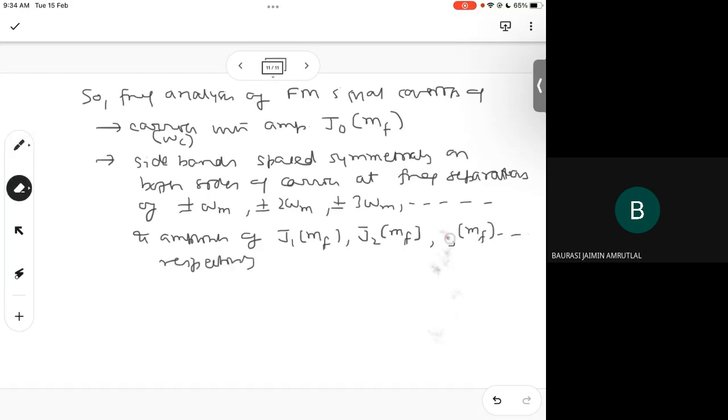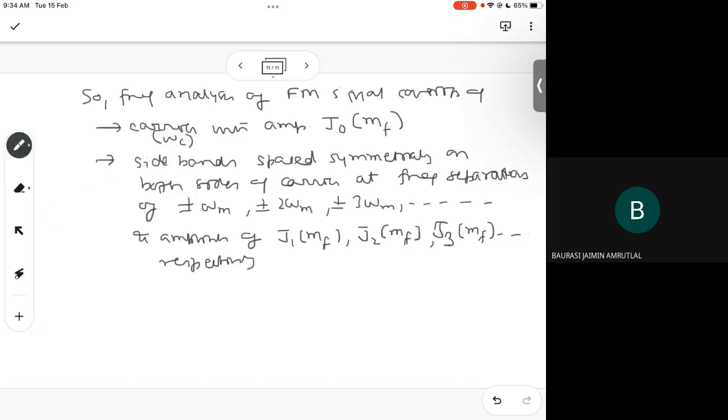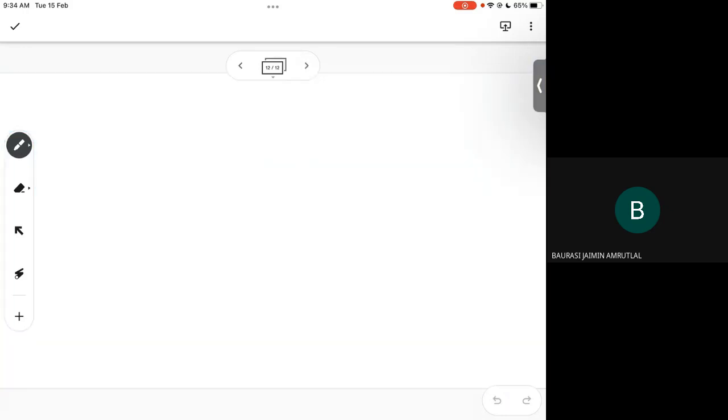So I write it clearly. Basically, just because of this form of sine of a sine, we have to go by the Bessel function, and this Bessel function gives me so many side frequencies and so on. Okay, so the table is something like this. There is no need to mug up this thing. This is what is available in